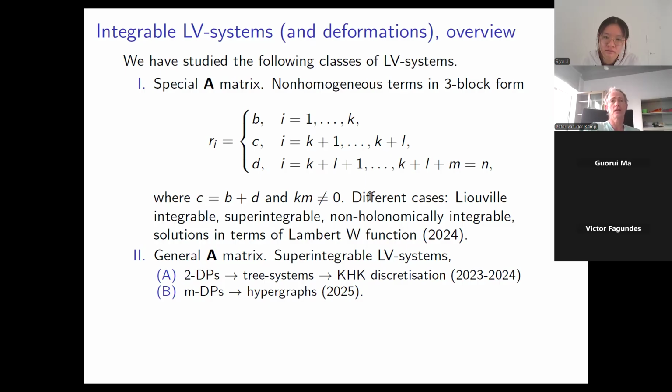All right, the second thing is we looked at completely general A matrix, so n squared. So this matrix has no parameters in it, the special matrix. But now we look at a completely general matrix with n squared parameters. And then by imposing that certain functions should be Darboux polynomials, we're going to impose conditions on all these parameters. And we will find cases where we have enough Darboux polynomials and the Darboux polynomials generate enough integrals for the system to be super integrable. So that will be the second part of this talk.